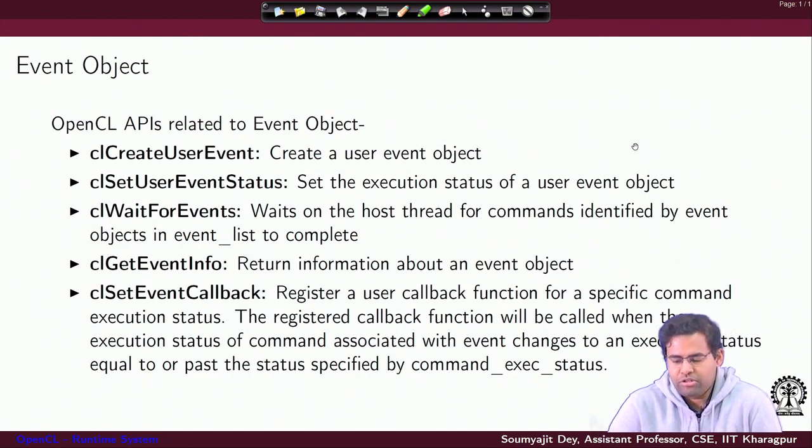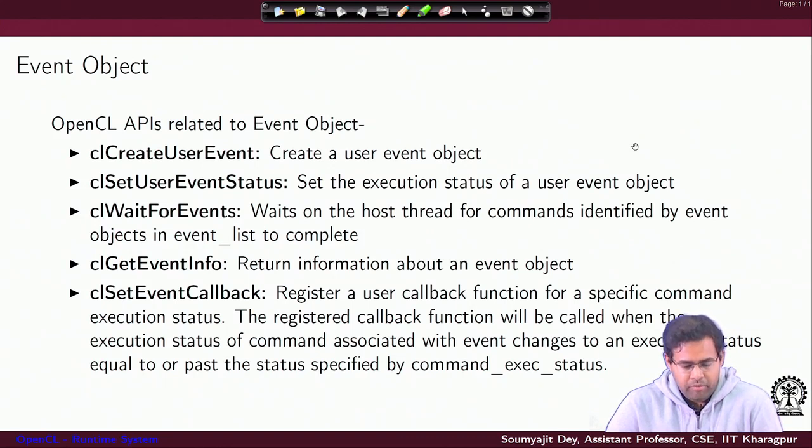It will set the execution status of a user event object. CL wait for events will wait on the host side thread for commands identified by the event objects in the event list to complete. So, there may be events for which you are waiting and you want to implement that kind of behavior; that can be done by CL wait for events. CL get event info is like a query function which will return information about some event object.